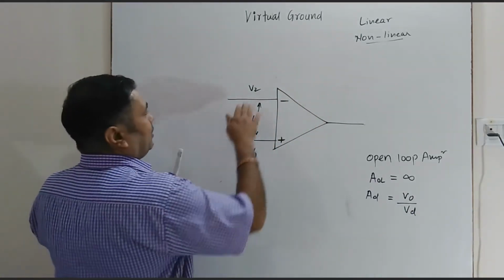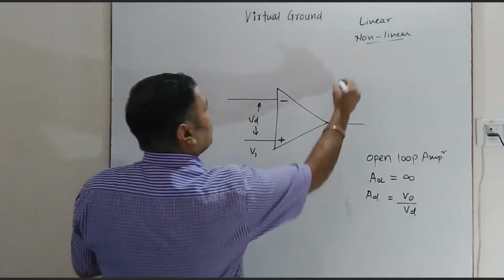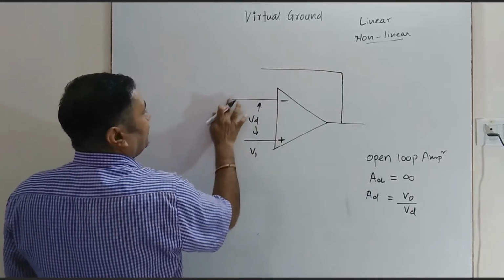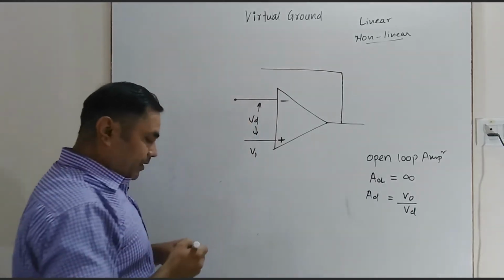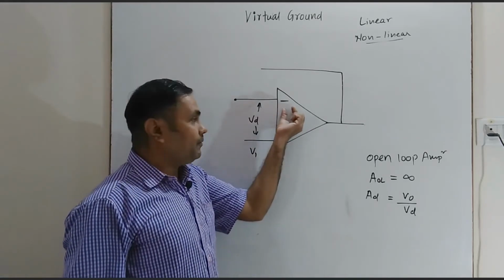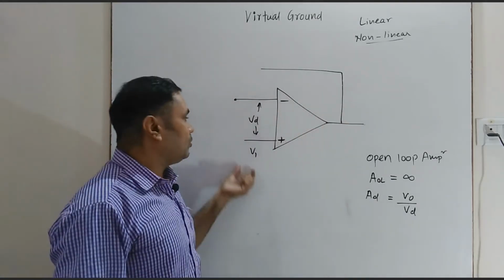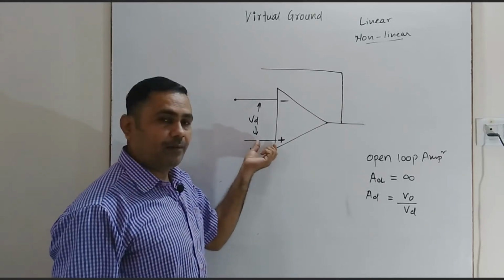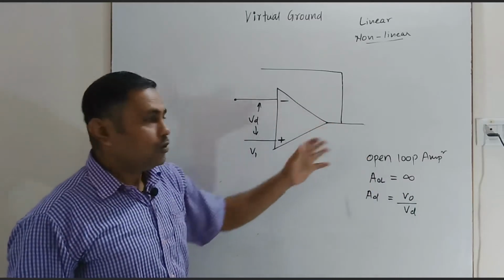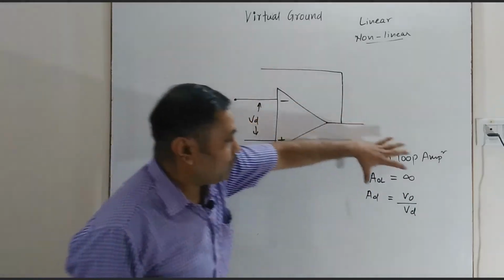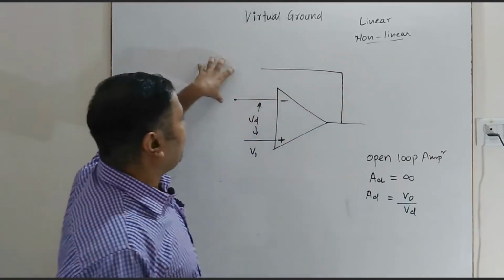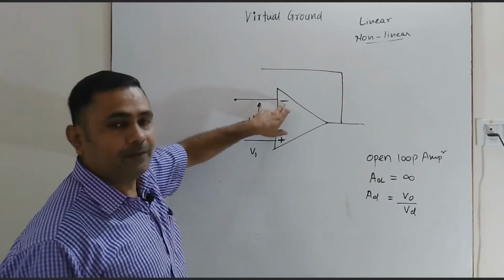Here to achieve a negative feedback, the output portion should be connected to the inverting terminal. Why the inverting terminal? Because we want to apply a negative feedback. If this voltage is fed to the positive or non-inverting terminal, the gain will be increased. It is already infinity, it will again increase. We do not want to increase it, we have to reduce this gain. So for this, the feedback voltage should be applied at the inverting terminal.